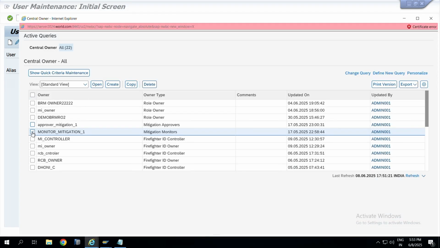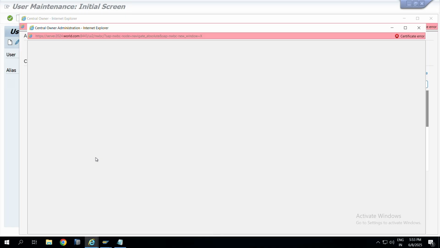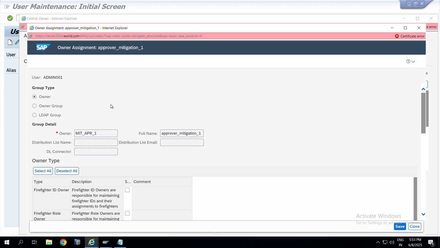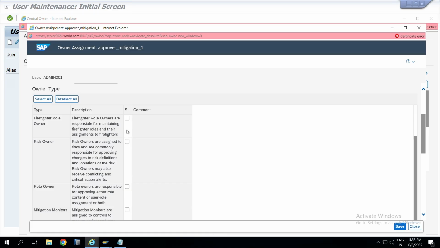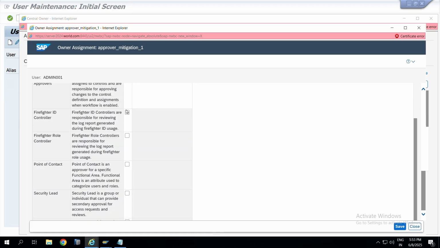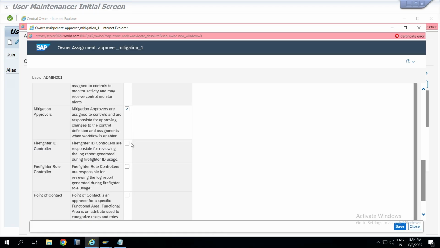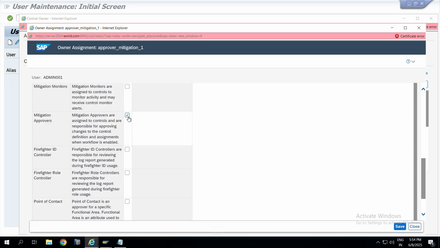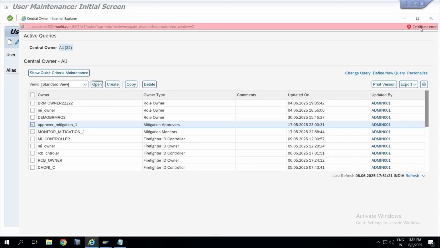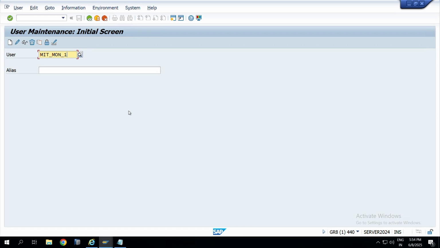Okay. In the same way, you have to do it for the approver also. This is our approver, and here you have to give the ID, mitigation approver. Scroll down and click on this checkbox, mitigation approver. Okay, once this is created, the next step is